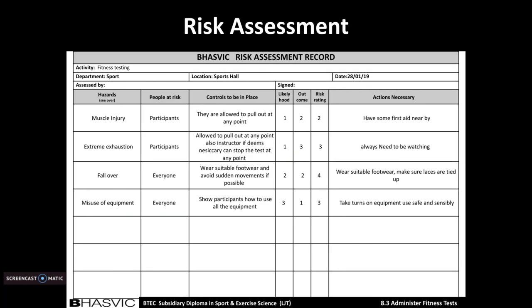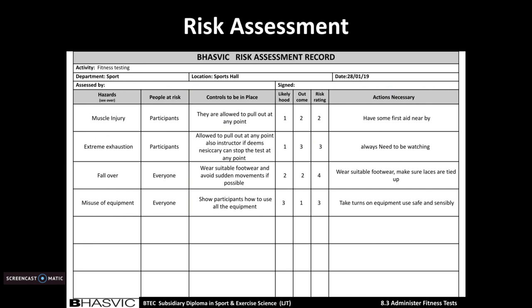Next, I recorded a risk assessment of all the hazards that could occur. The hazards were muscle injury, extreme exhaustion, falling over, or misuse of equipment. The people at risk for muscle injury and extreme exhaustion were the participants, and for falling over and misuse of equipment, everyone was at risk. The controls to be in place